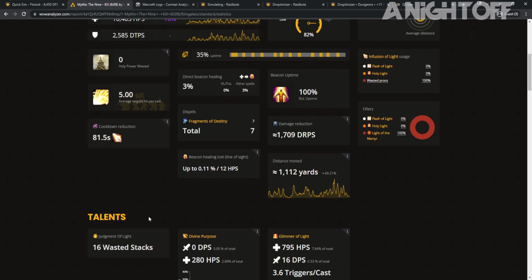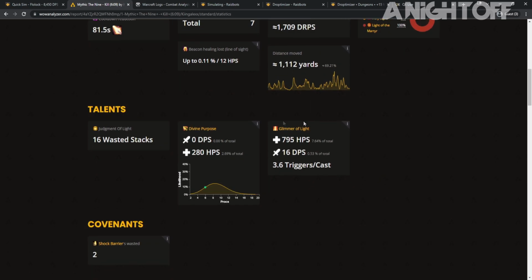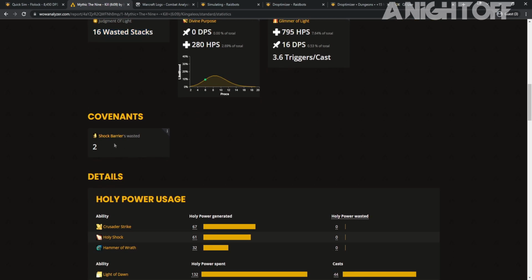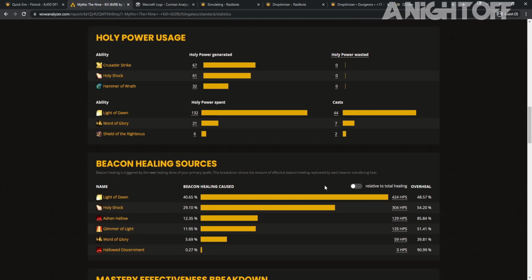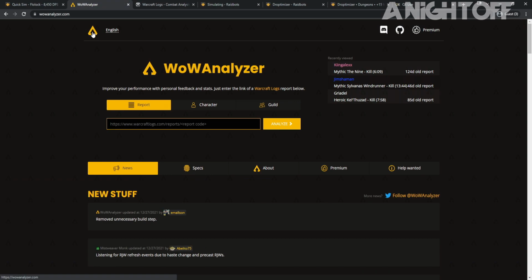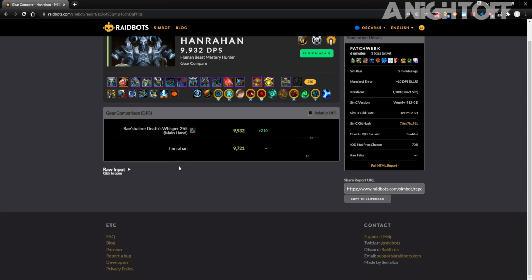And you can see really, really specific detail stuff, like how much did you move? How many stacks did you waste? Blah, blah, blah. But unless you're going here for a reason, I wouldn't come to anything on WowAnalyzer at all without knowing exactly what page you're going to go to or what you're going to look for when you go here. I guess that wraps up the class